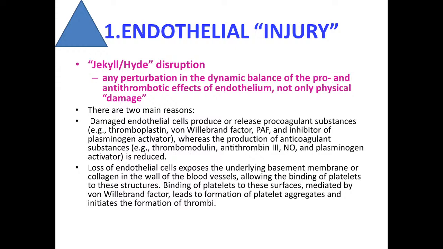Loss of endothelial cells exposes the underlying basement membrane or collagen in the wall of the blood vessels, allowing the binding of platelets to these structures. Binding of platelets, mediated by von Willebrand factor, leads to formation of platelet aggregates and initiates the